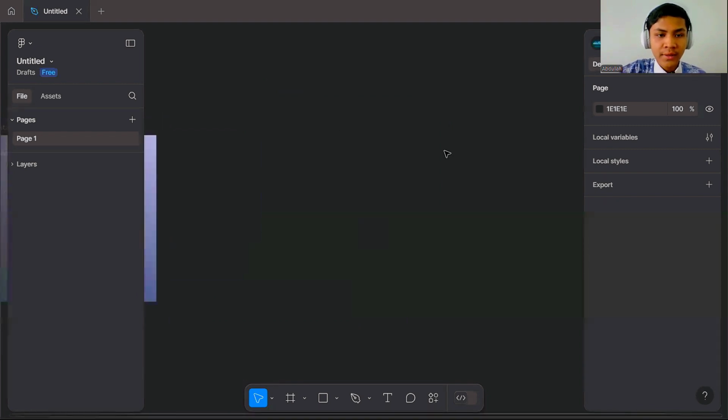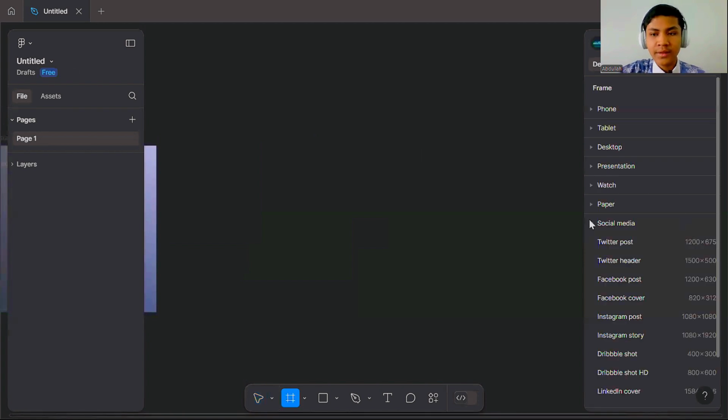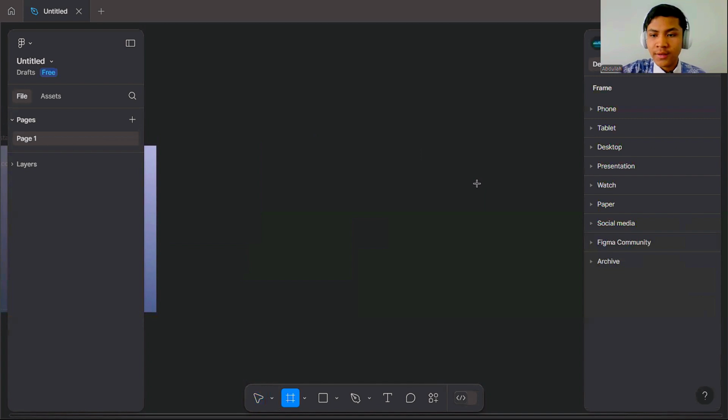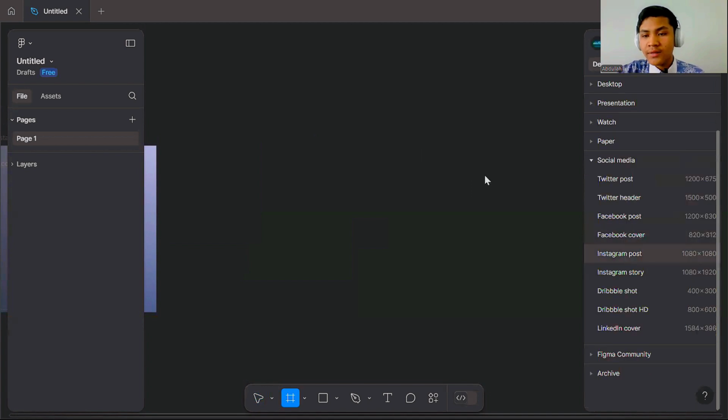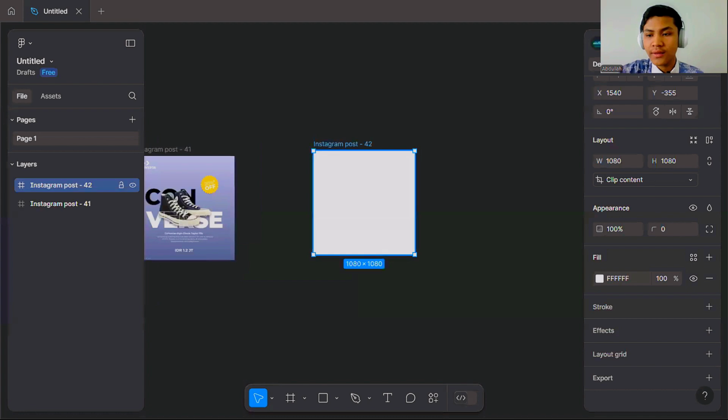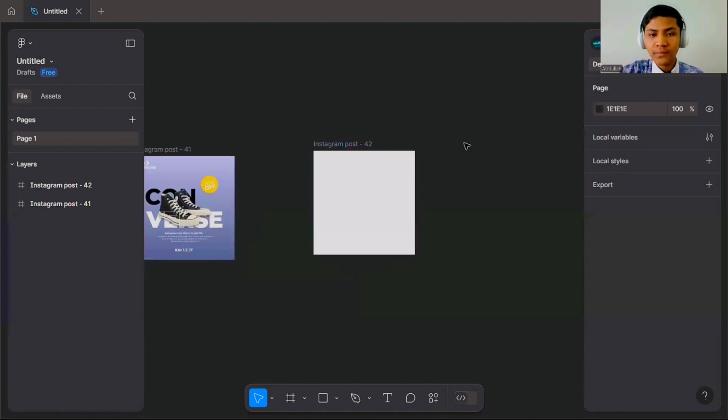Okay. The first step is you just take a frame. For the frame, you can key in the keyword F, and in a category, you can choose social media and pick a template. Okay. Step two,